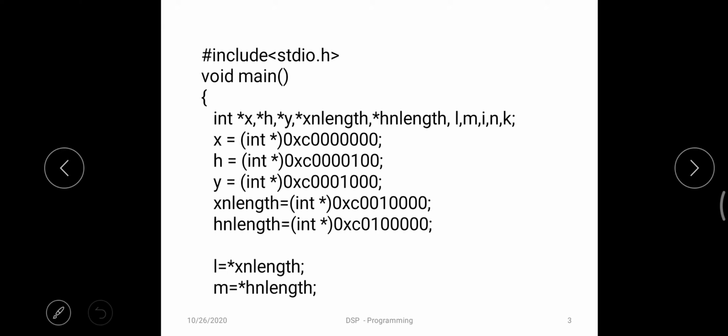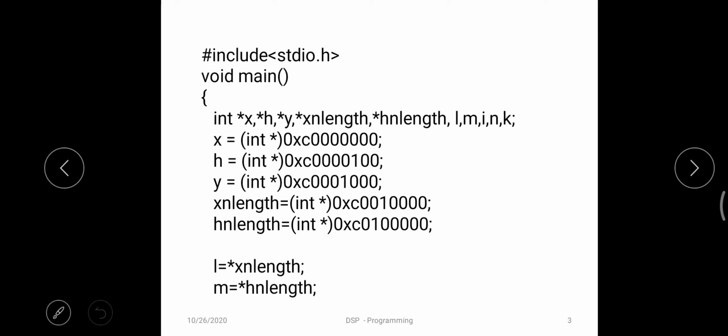Let me explain convolution first. If the input of the system is x of n and the impulse response is h of n, then the output of the system can be expressed as y of n is equal to x of n convolution with h of n. Here we are doing discrete. We are taking the inputs in discrete and the impulse response also in discrete nature. So we need two sequences, x of n as well as h of n. If I perform a convolution between x of n and h of n, I may get y of n as the output.